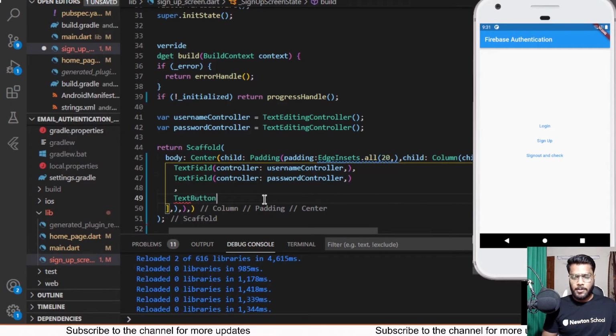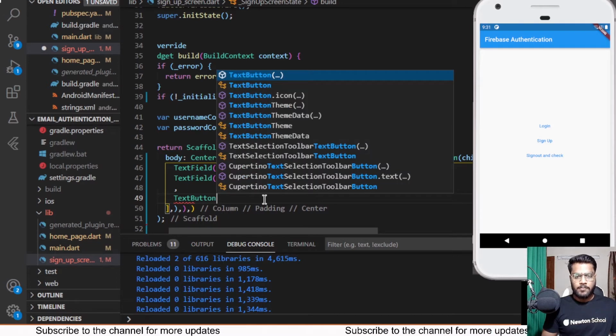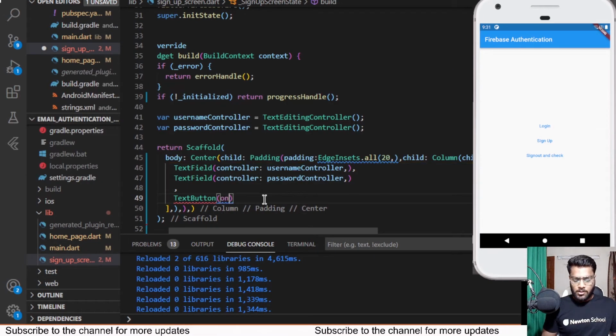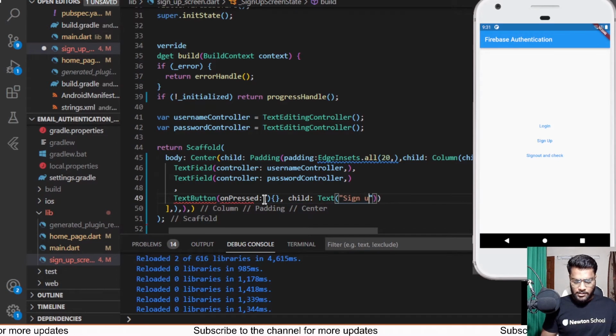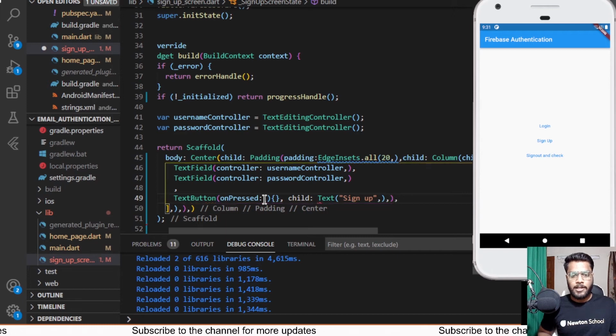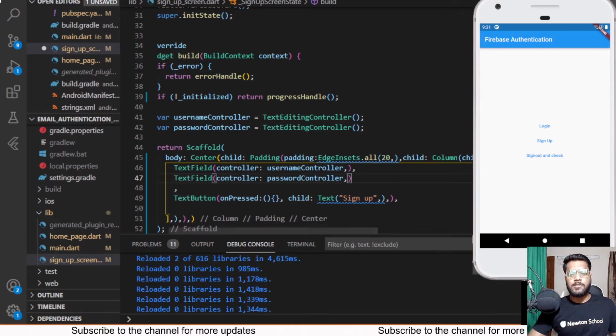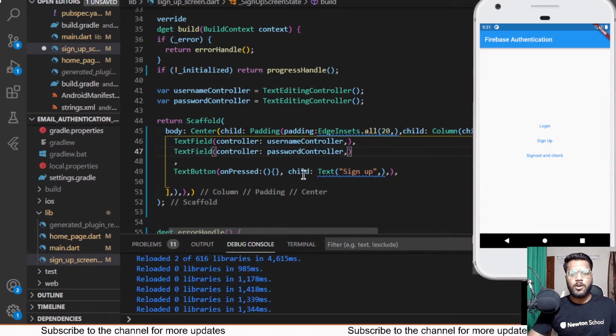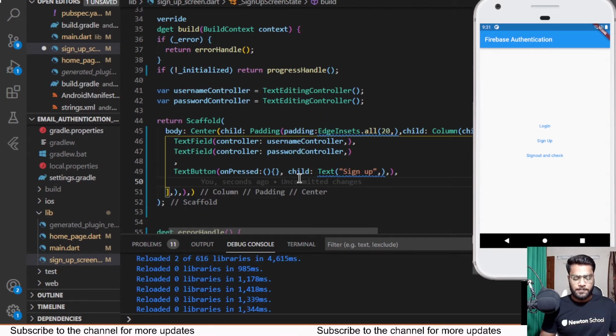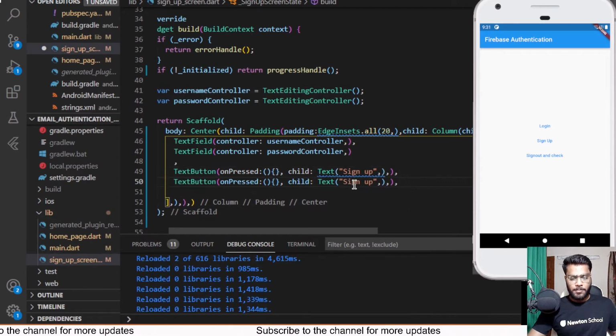So text button, which will be having on pressed and a child. So I'll be adding a child first, which will be a text saying sign up, and for the on press we'll be working on it a bit later. And after this we are having another button which will be for sending the user to the login screen. So I'll be adding that button as well, or what I can do is just copy this, paste